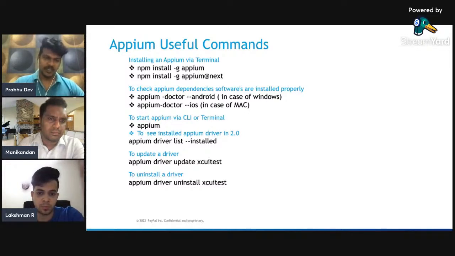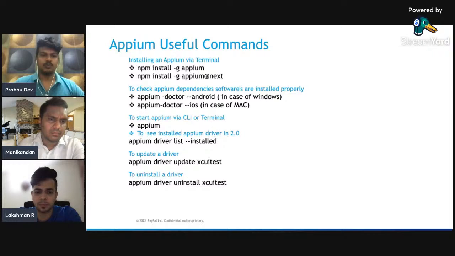To check the dependencies, you can use appium-doctor with --android and --ios based on our machine setup. To start Appium from the command prompt or terminal, appium is the command, and by running it, it will start the Appium server.